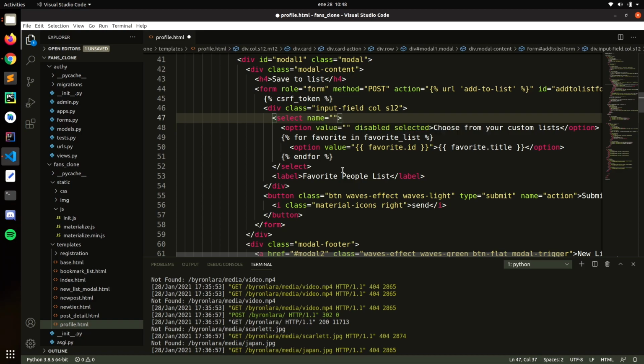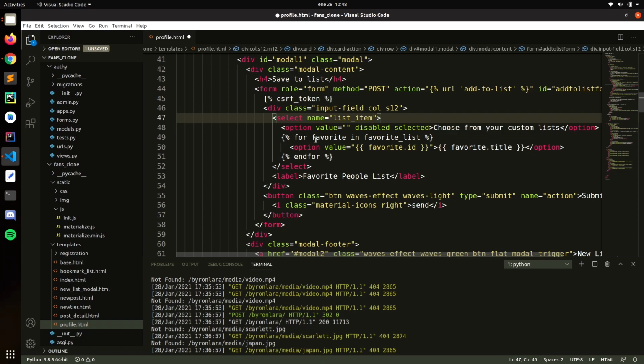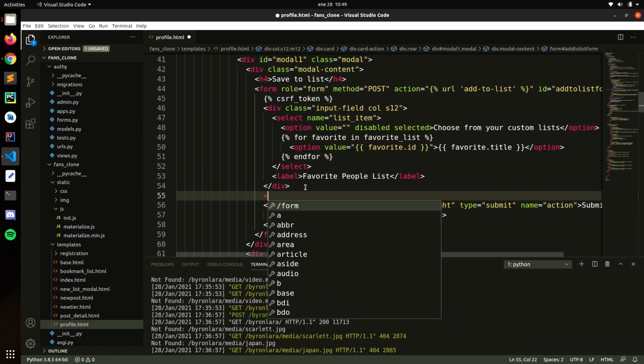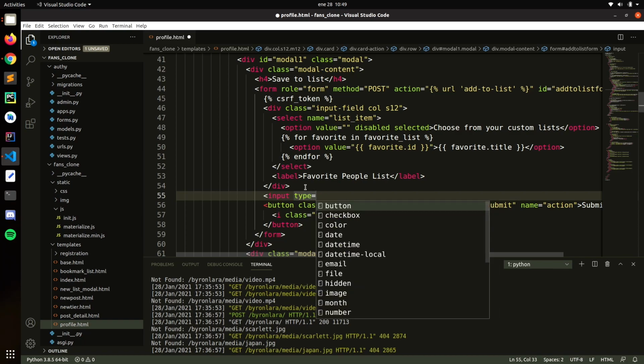The select will be list item, remember? And then because we are getting the ID, so we're missing to user. Remember that value. So let's create an input here. Oops. The type of this input will be hidden,